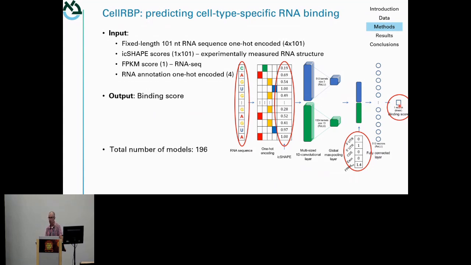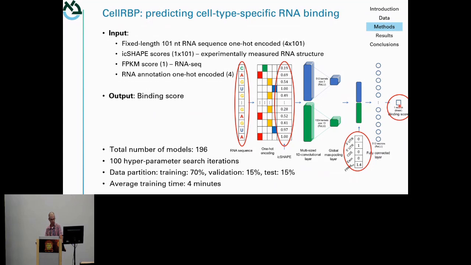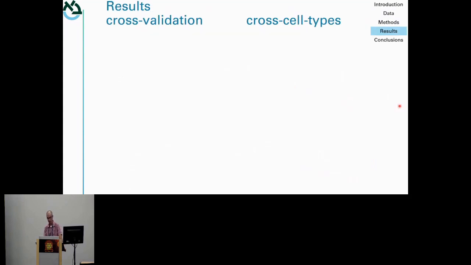There were 196 experiments that were used by PrismNet that we also used in this study. We performed a hyperparameter search, which I won't go over the range of today. We used the same partition of the data as was done in PrismNet, and run time was quite fast, only 4 minutes. Okay, so now let's see how well we do when we predict across cell types using this cell type specific information. But before I go to the cross cell types, I do cross validation. Let's see how well we do on the same cell type.